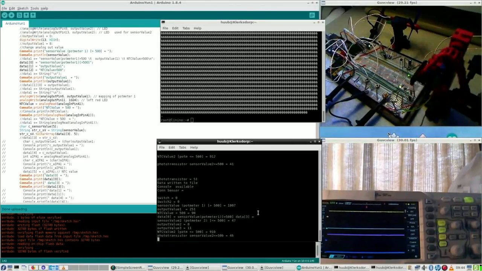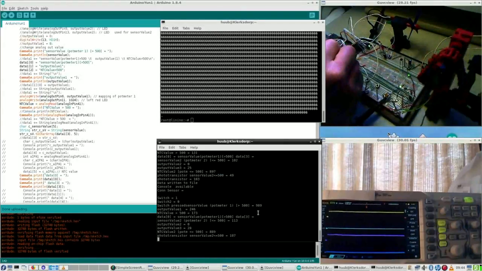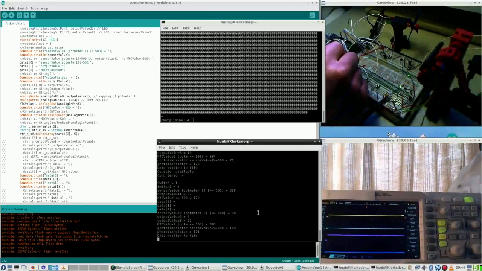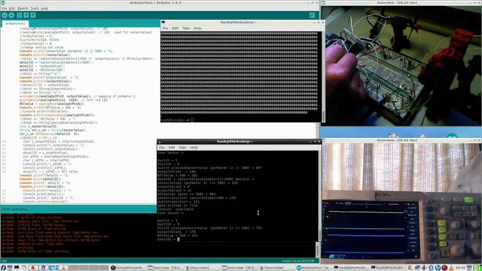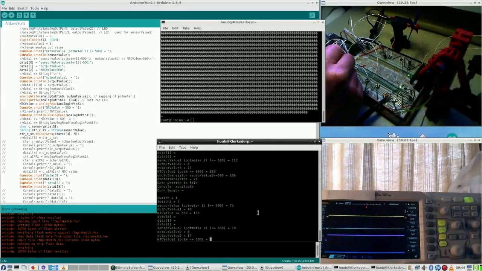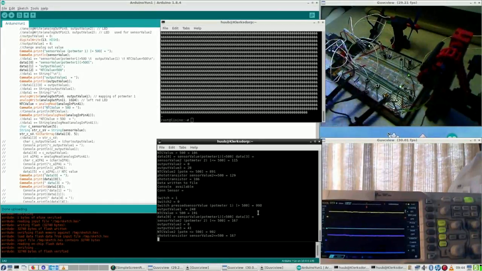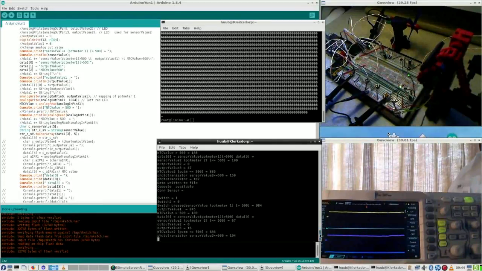So when I now turn my potmeter, I should get, oh look at that, I get very different values now. Oh wait, I have to look at data. Yeah, this is different. Now I turn up and now I get the data 3, but hold on. Data 3 is not being printed.